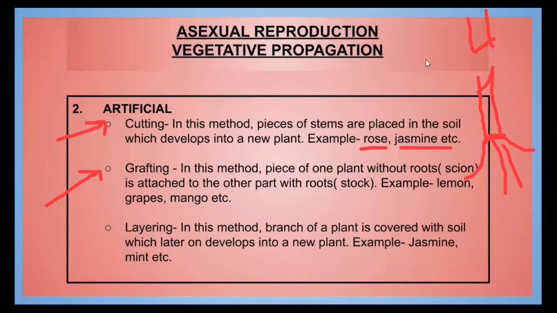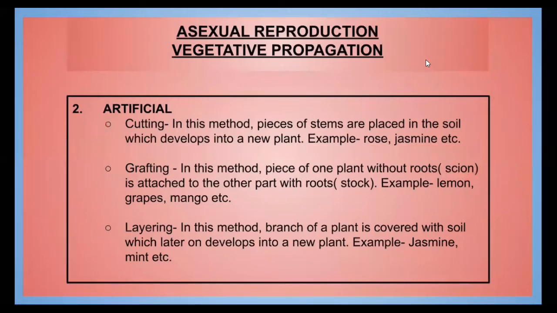It is a method of making good quality plants. It is done in lemon, it is done in mango, etc. Even in grapes. The lower part having the roots is called stock, and the one which is without roots is called scion. So it's a very, very important method which every gardener knows.